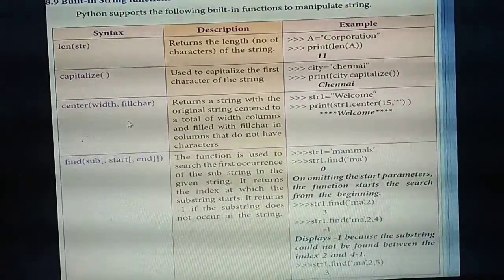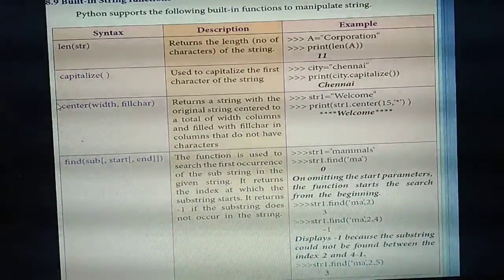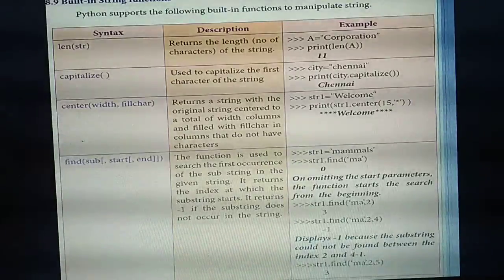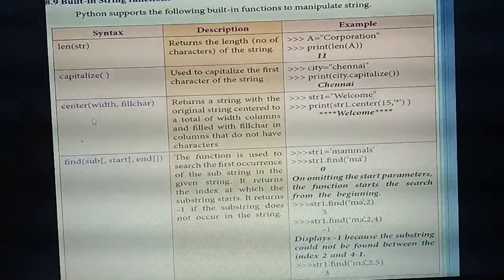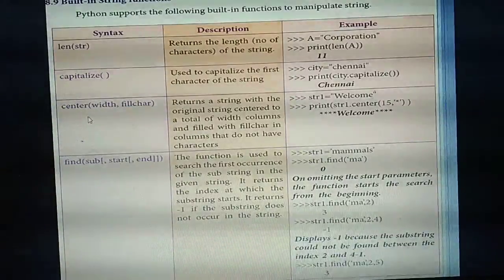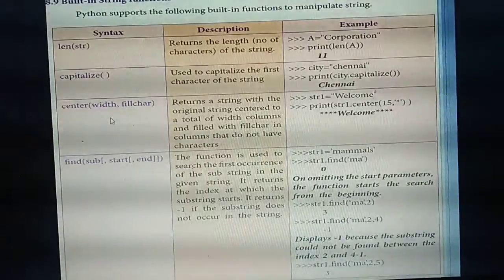For that purpose, which function are you going to use? Center, for center alignment with some extra characters or symbols. This is the syntax for using the center function.